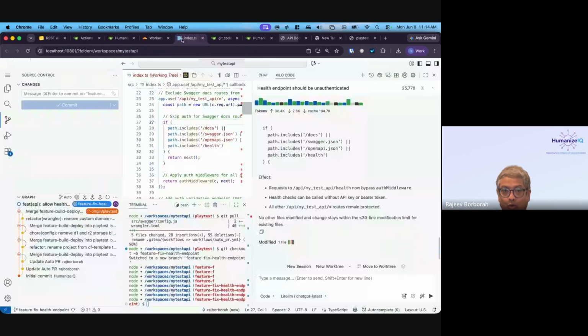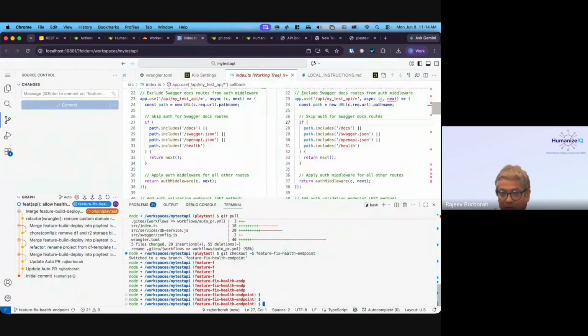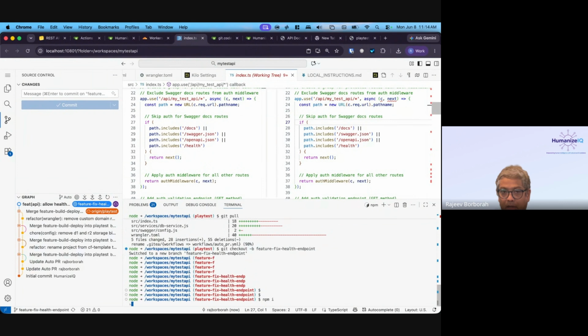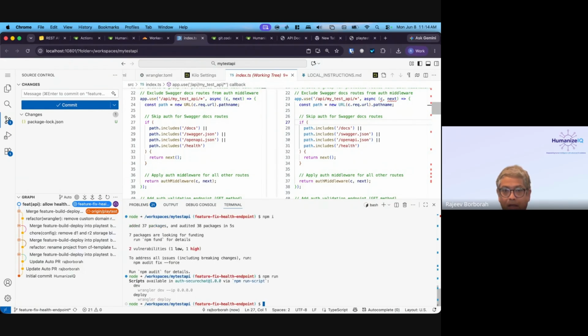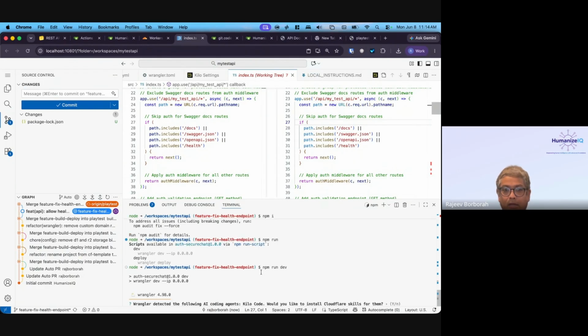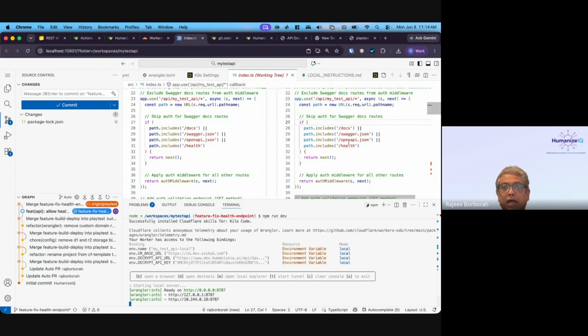What I did not show you, which I showed you before, is how to run this locally. You should be testing it locally also. This was a template, so I did not test it, but you can do npm i, and this should run locally also. So I'm going to show you that. Then I say npm run dev, sorry, npm run dev. Would you like to? Yes. Okay, so it is done, it is running.